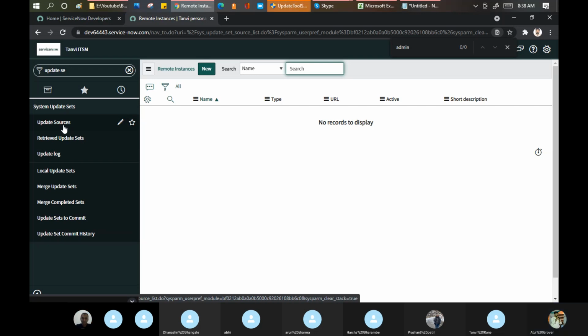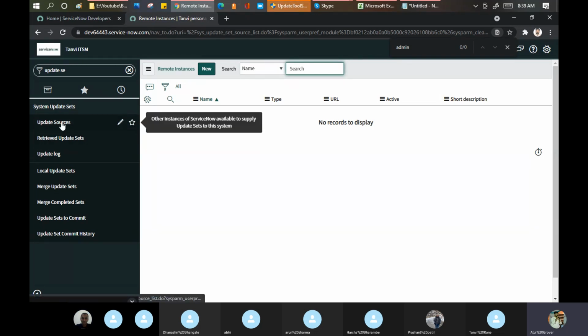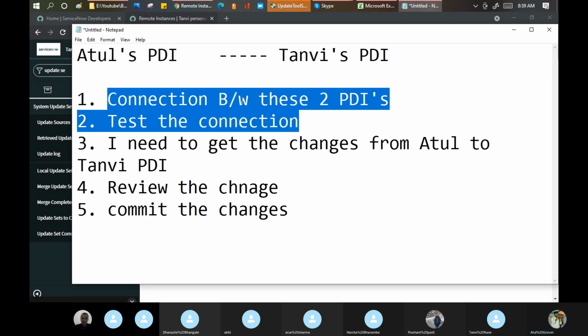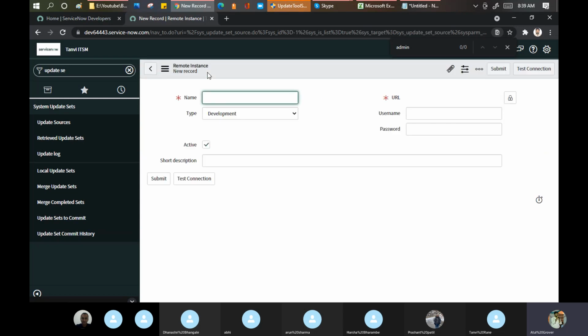What I'll do is go to remote instance, which means I am making the connection here. I'll click new. Now you want to link your laptop with my laptop, so you need the authentication as well. Let's put a name here: LearnGo PDI.